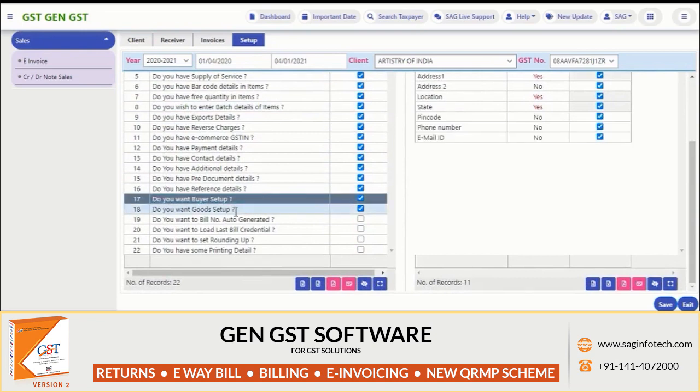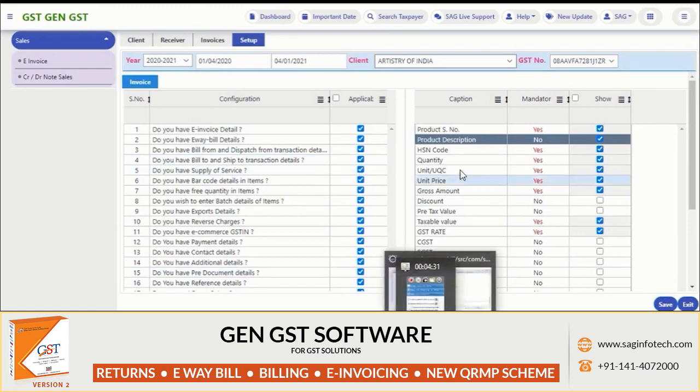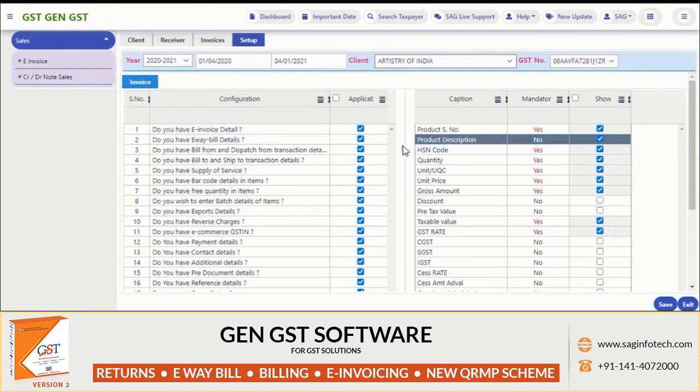Like if there are mandatory and non-mandatory parts, then this section will automatically deselect the non-mandatory parts. If you want to show or fill the non-mandatory parts, then you have to firstly check this block and you have to save the information properly. Then you have properly updated your invoices. This is the short description video of our e-invoice software.